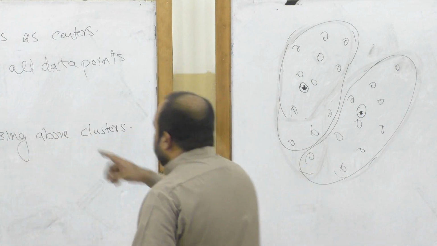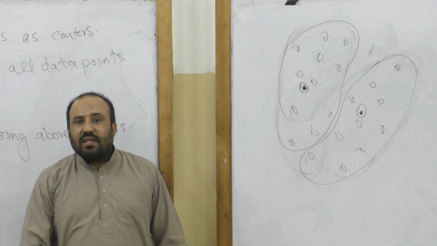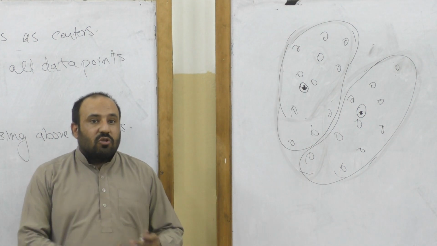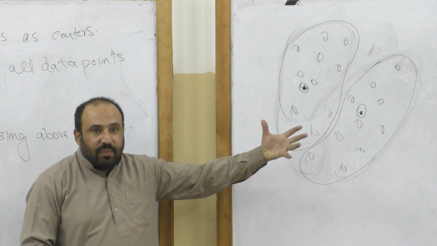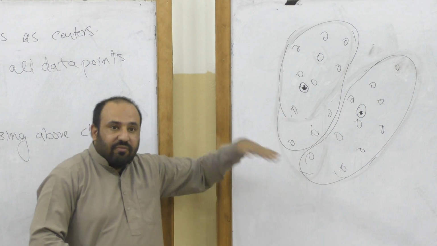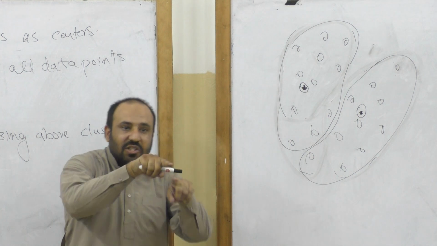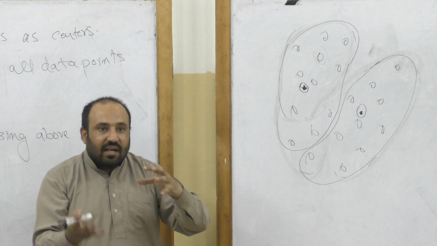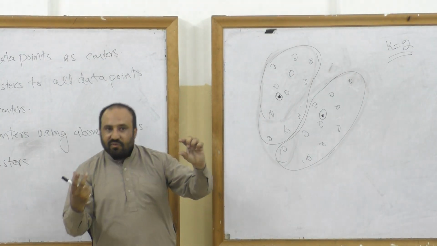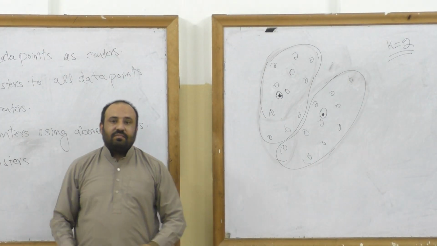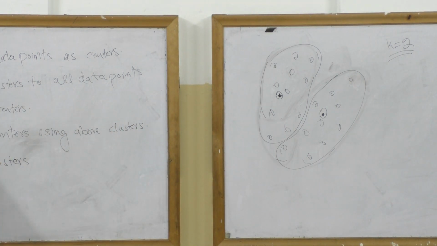The initial data points you took were not the actual representatives, at least you should hope so. The grouping was erroneous. So with respect to that grouping, you have to compute the new means, because the grouping was erroneous, the means were erroneous. As you move down in the iterations, the error will come down and down, because you fix one thing, you minimize for the other, you fix that thing, you minimize for the other, and so on. This algorithm highly depends on all the initial data points you pick.